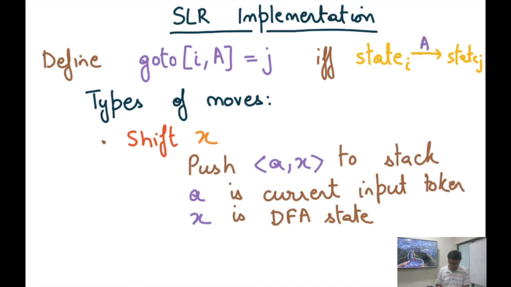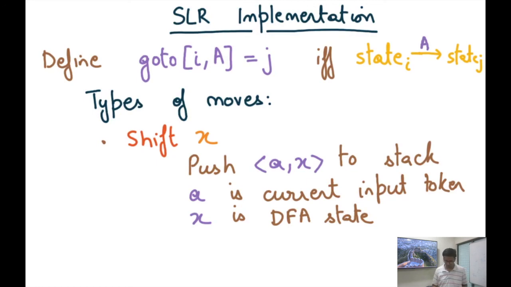All right, so the X is coming from the argument of this move shift X, and A is coming from the next input token. When we say shift, we already know what to shift. We just shift the next input token, and that next input token is A. But we also need to know the NFA state, so we give it as an argument to this shift instruction. X here represents the NFA, or rather the DFA state, I'm sorry for calling it an NFA state, the DFA state that is meant to recognize viable prefixes. Okay, so that's shift X.